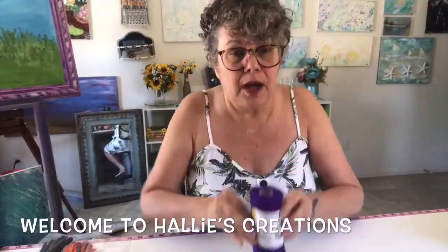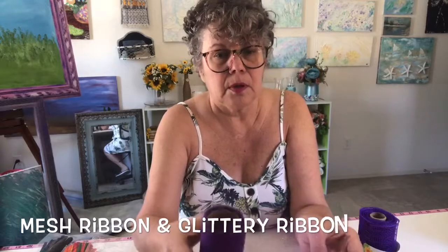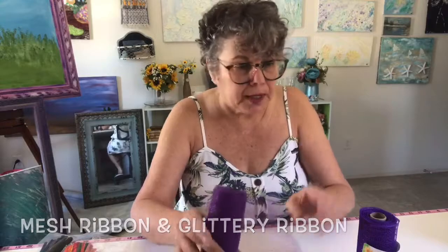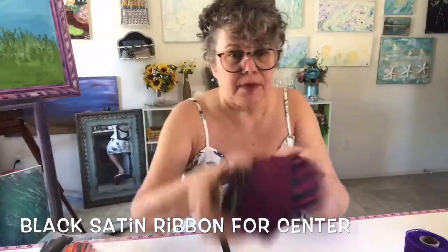Get at the Dollar Tree. It costs $1. This they have at the Dollar Tree too. Is that sparkle? Really, really messy to work with, but it's so pretty. So we have these, and I'm gonna put some black ribbon in it. And the reason I'm gonna do that is because I have this here,